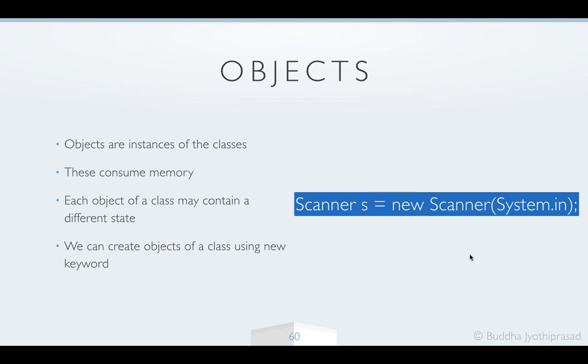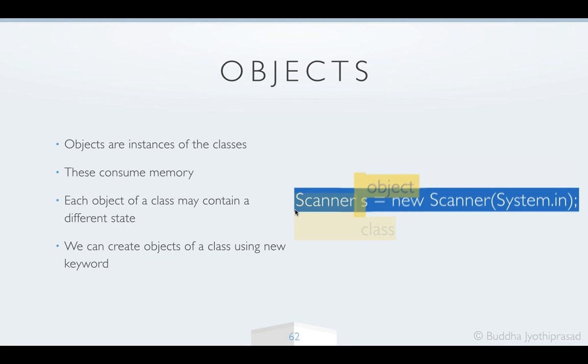Now, what are actually objects? Objects are the real world things. Objects are the products that are designed according to the class. Objects are the entities on which you can operate. So now, if you remember, you have been using something like Scanner s equals new Scanner. In that, Scanner is actually a class, whereas s is actually an object.